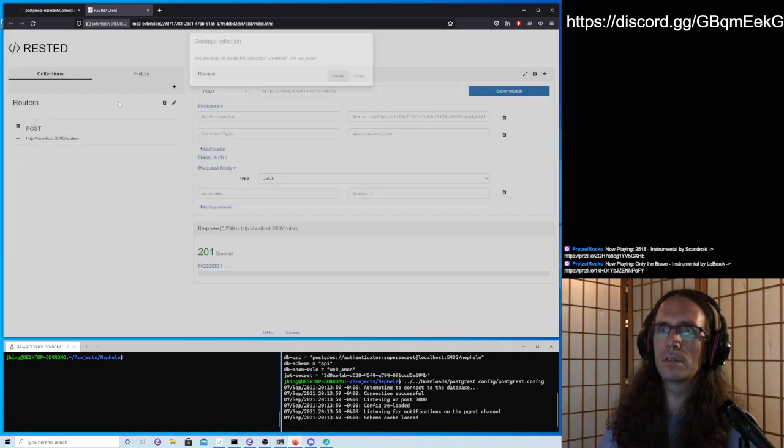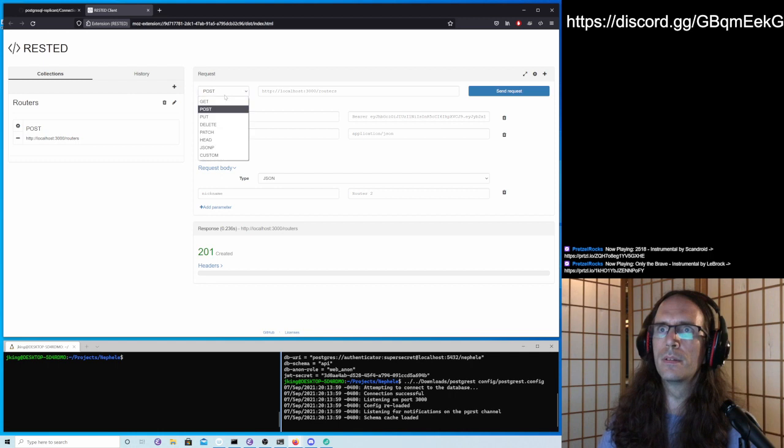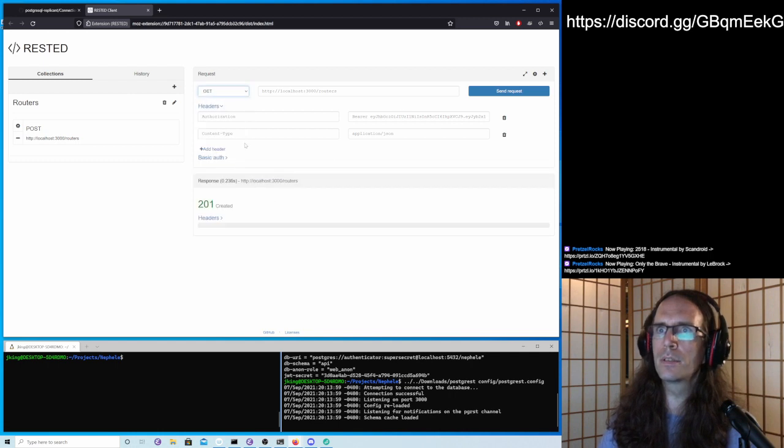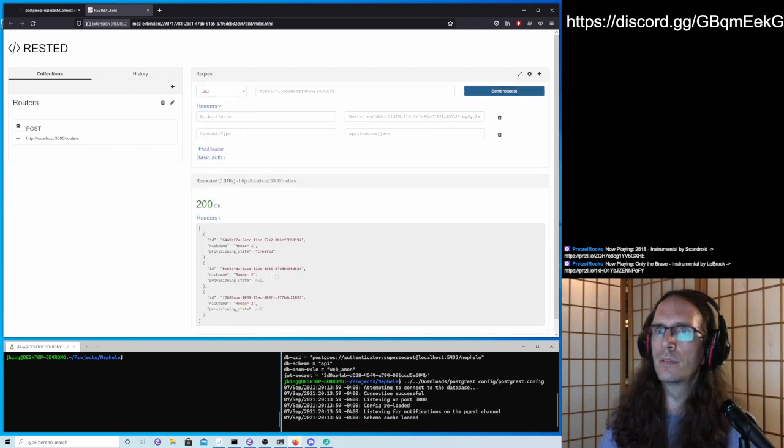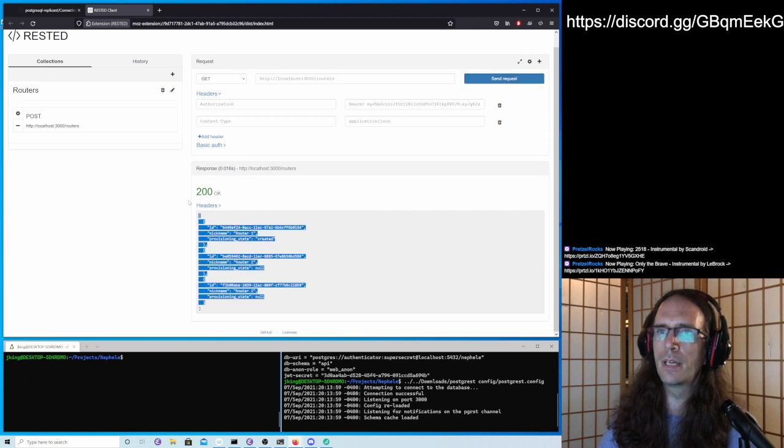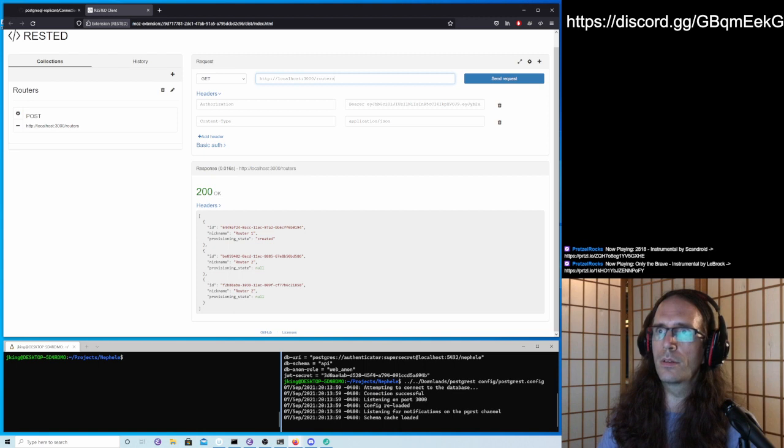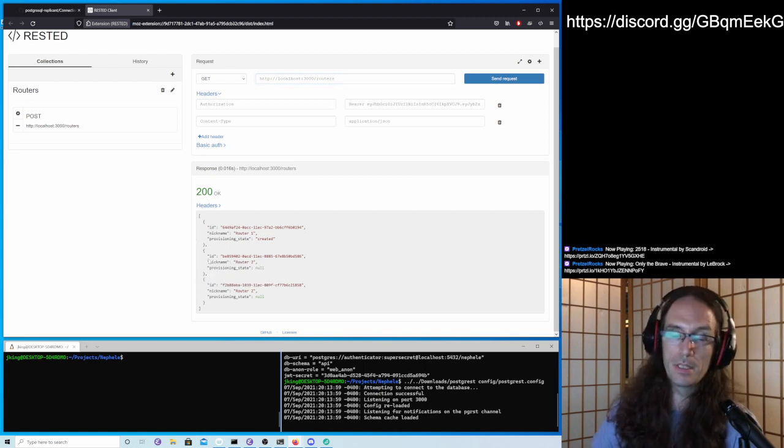Let's delete that collection here. Make a get request to routers. All right, we got 3 routers now. And we just see the routers here, but we want the subnets with each router too. Right? How do you do that?